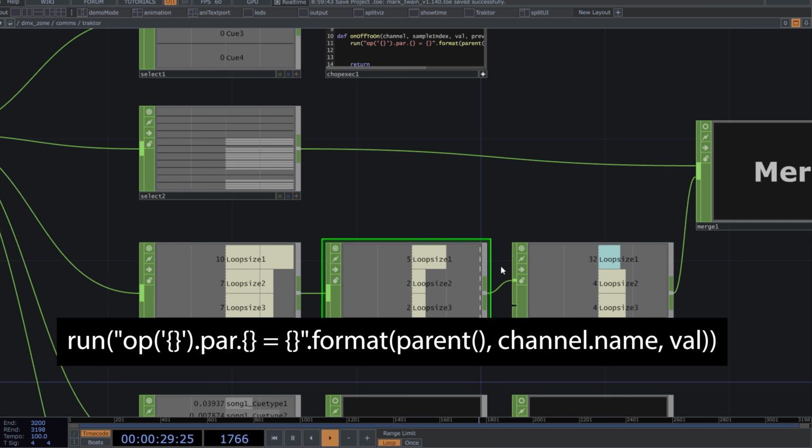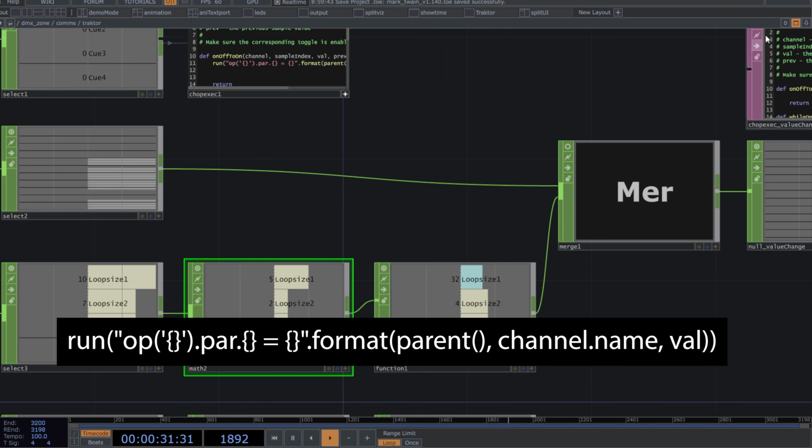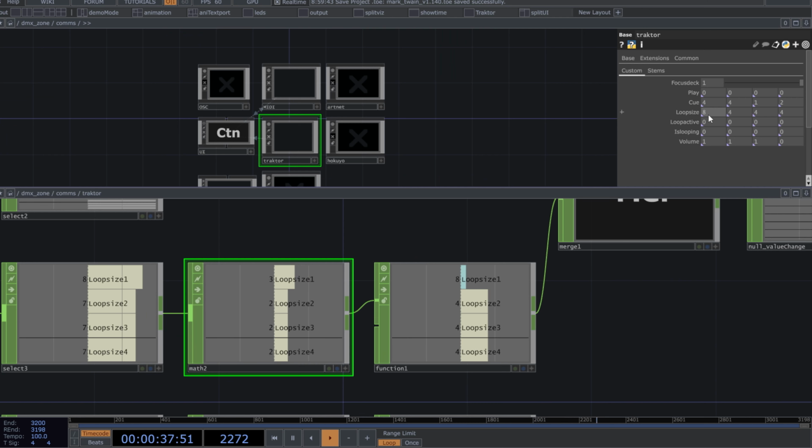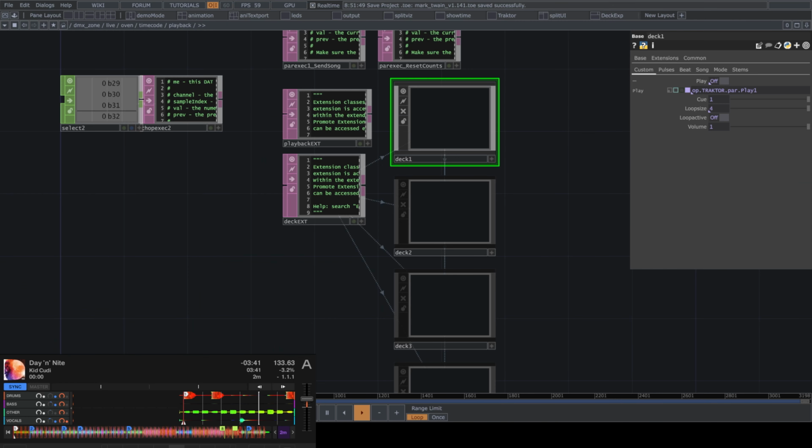We can't use off to on every time because settings like loop size never go to 0. The nice thing about having these values on custom parameters is we can use a global OP shortcut to grab these values anywhere in the network, and it only cooks when it changes.